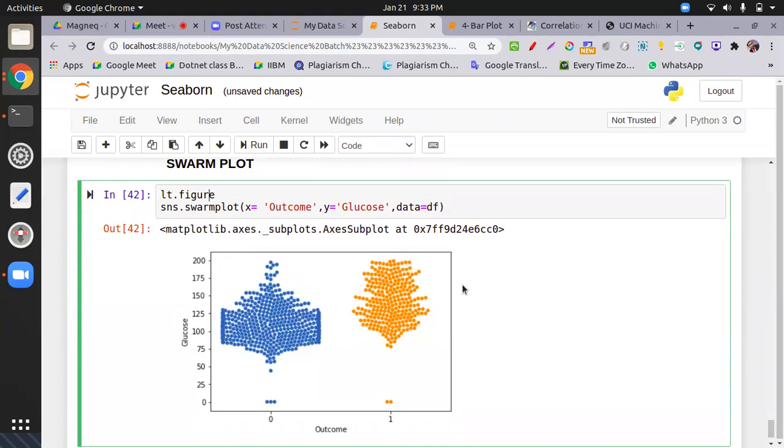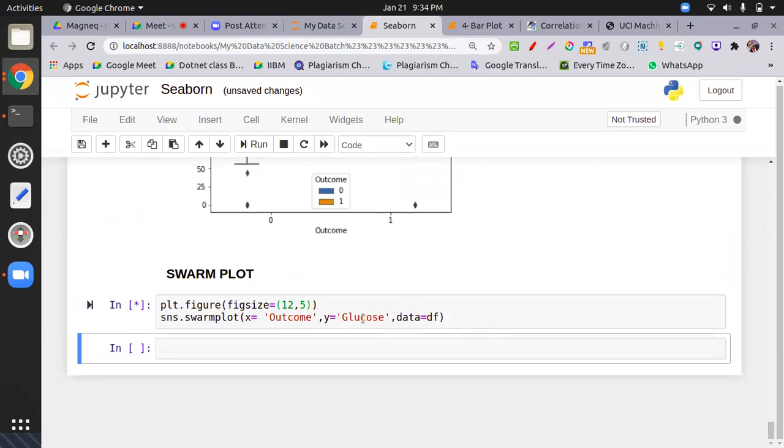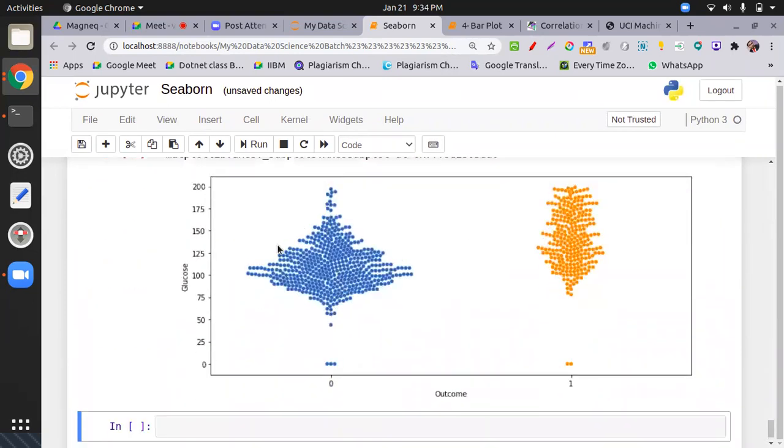plt.figure, then figsize. I'm just stretching the width, 10 by 5. That is sufficient. Now check this one perfectly. How many data points for a given value?